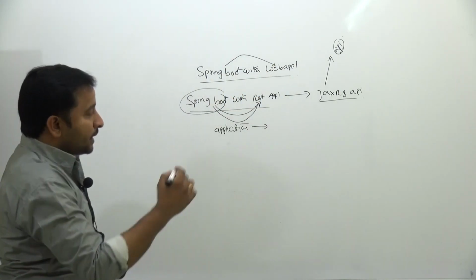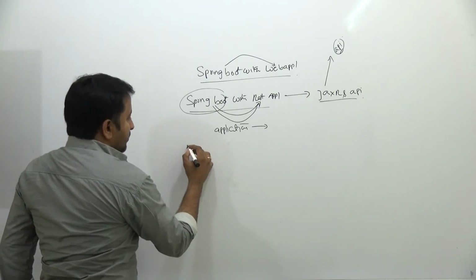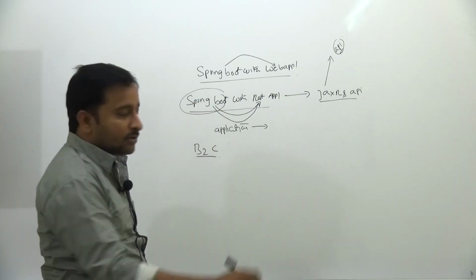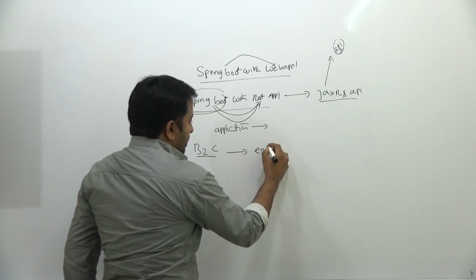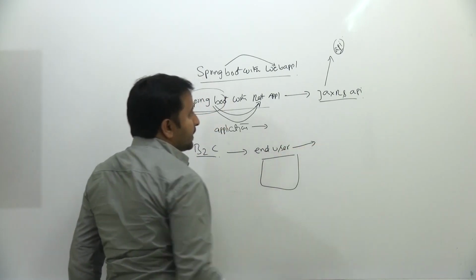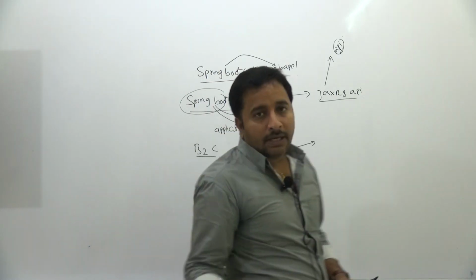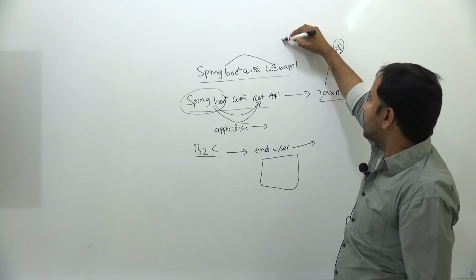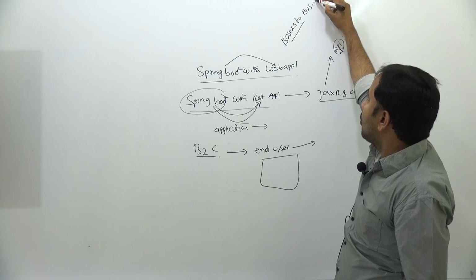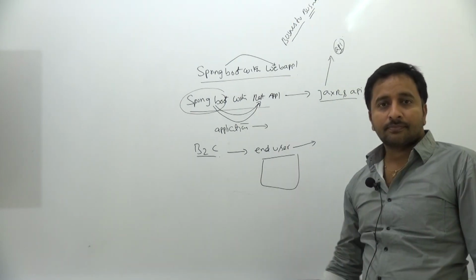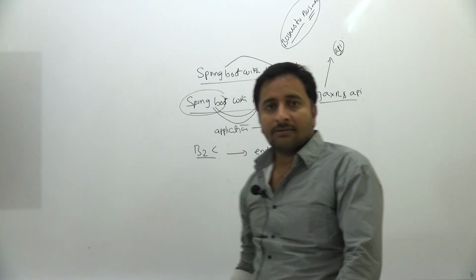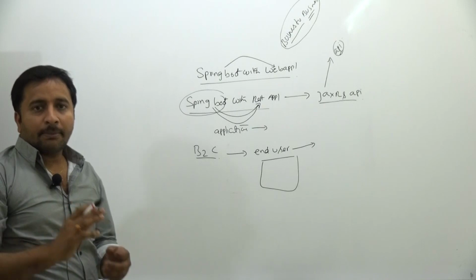A web application comes under B2C communication. What does it mean? The end user uses this application to get some data, like a web application. But a REST application means business to business communication. Whenever we are calling some different service, we are going to get the details. The same thing we do in web services also. I hope you are getting my point.